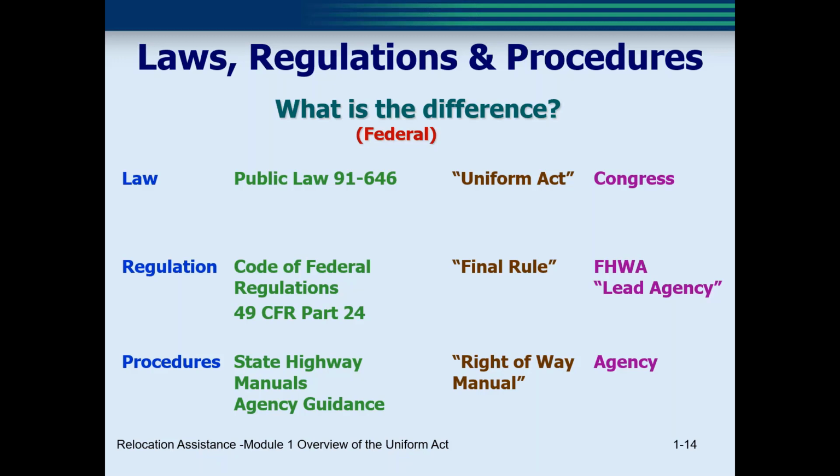These have the same force of the law, and they are viewed by the courts as the standards. The regulations may not be in conflict with the law. The regulations actually list the expenses that are eligible for reimbursement. And finally,